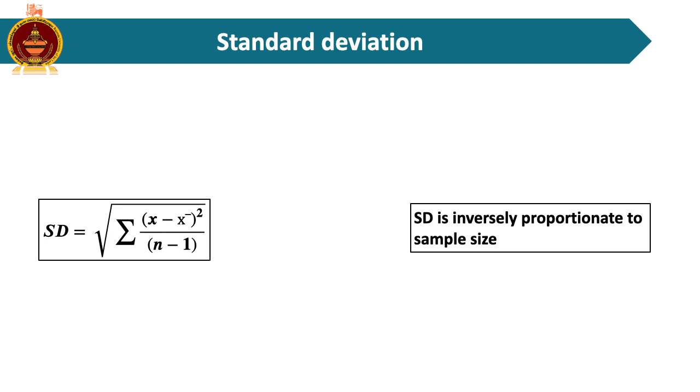Because of that, somebody might come to a wrong conclusion that when we are increasing the sample size, standard deviation might decrease. But standard deviation is also proportionate to x minus x bar, which is in the numerator of this formula. When we are increasing the sample size, n minus 1 will go up. In the meantime, there will be additional x minus x bar items included in the formula. Because of that, standard deviation will not be changed with increasing the sample size.